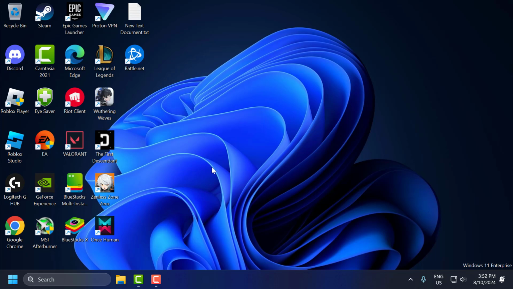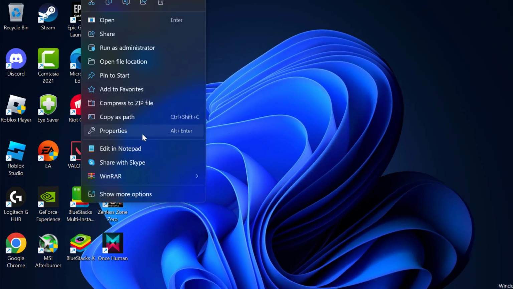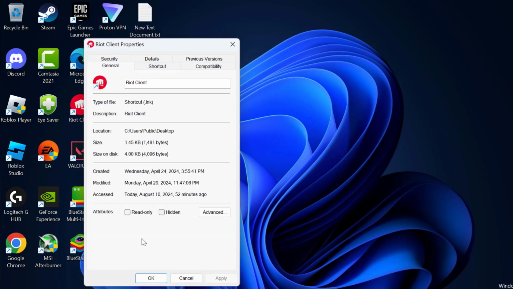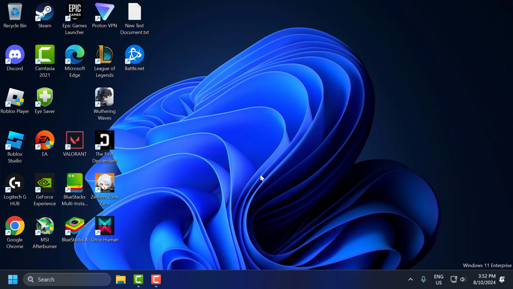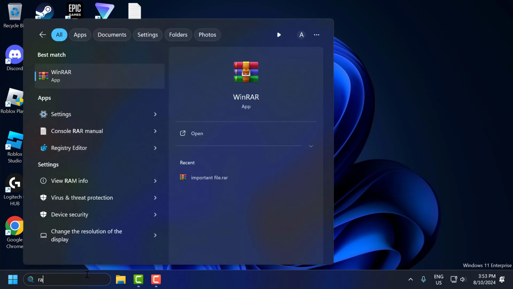Second method, I'll show you how to remove an individual icon. To do this, you just need to right click on the application or program you want to remove and select Properties. Select the General tab and check the Hidden box, and then select Apply and OK. Now the icon is invisible, guys, and whenever you want to open that app, you just need to go to the search menu and search for that application